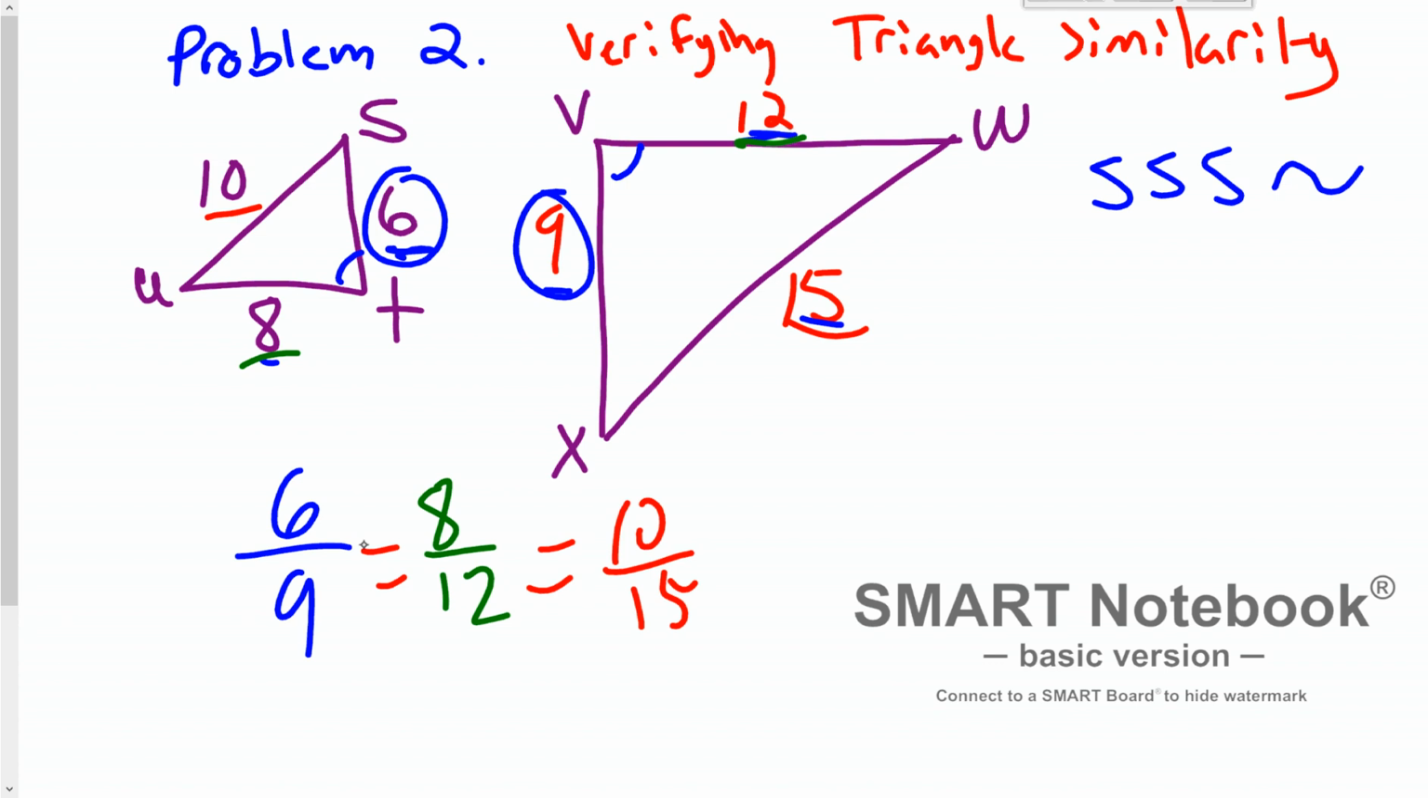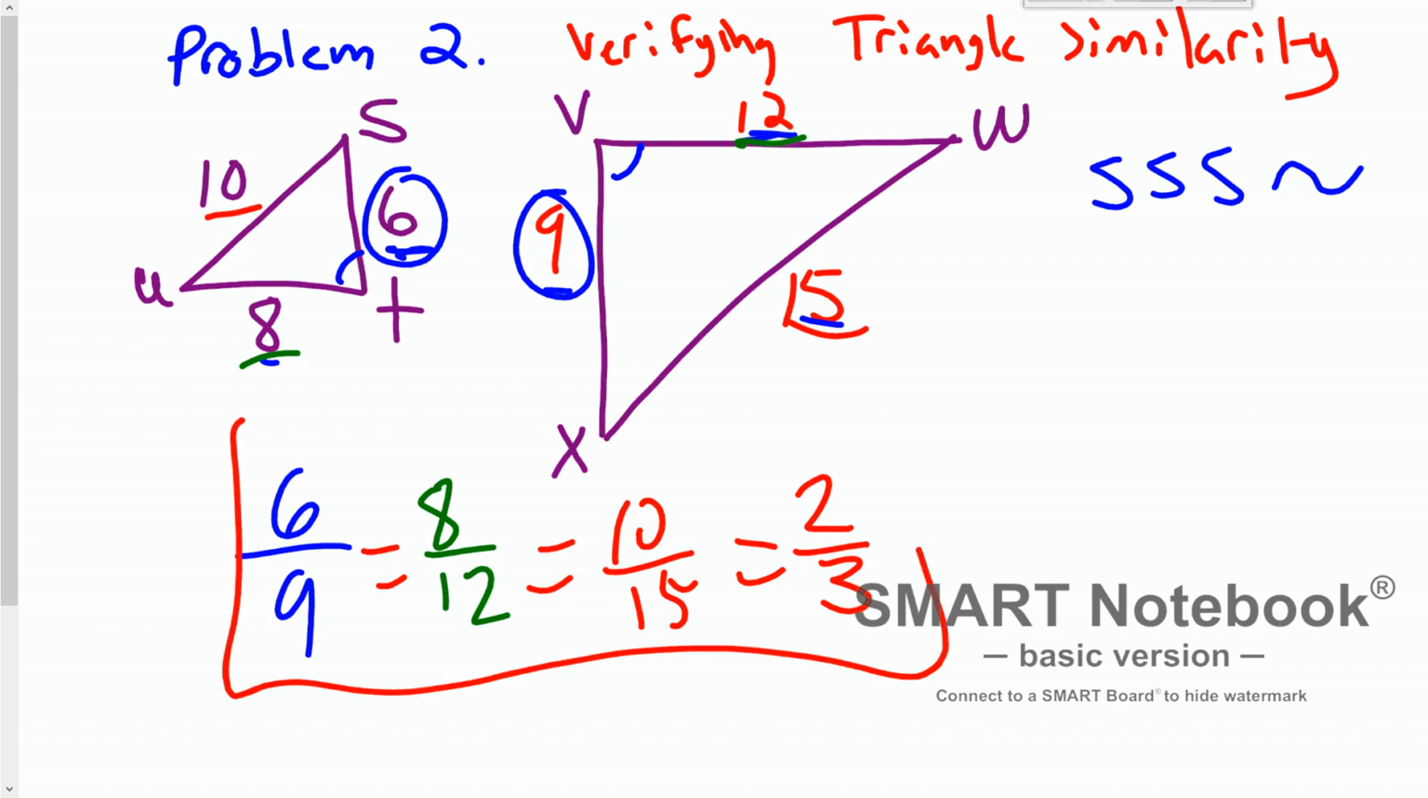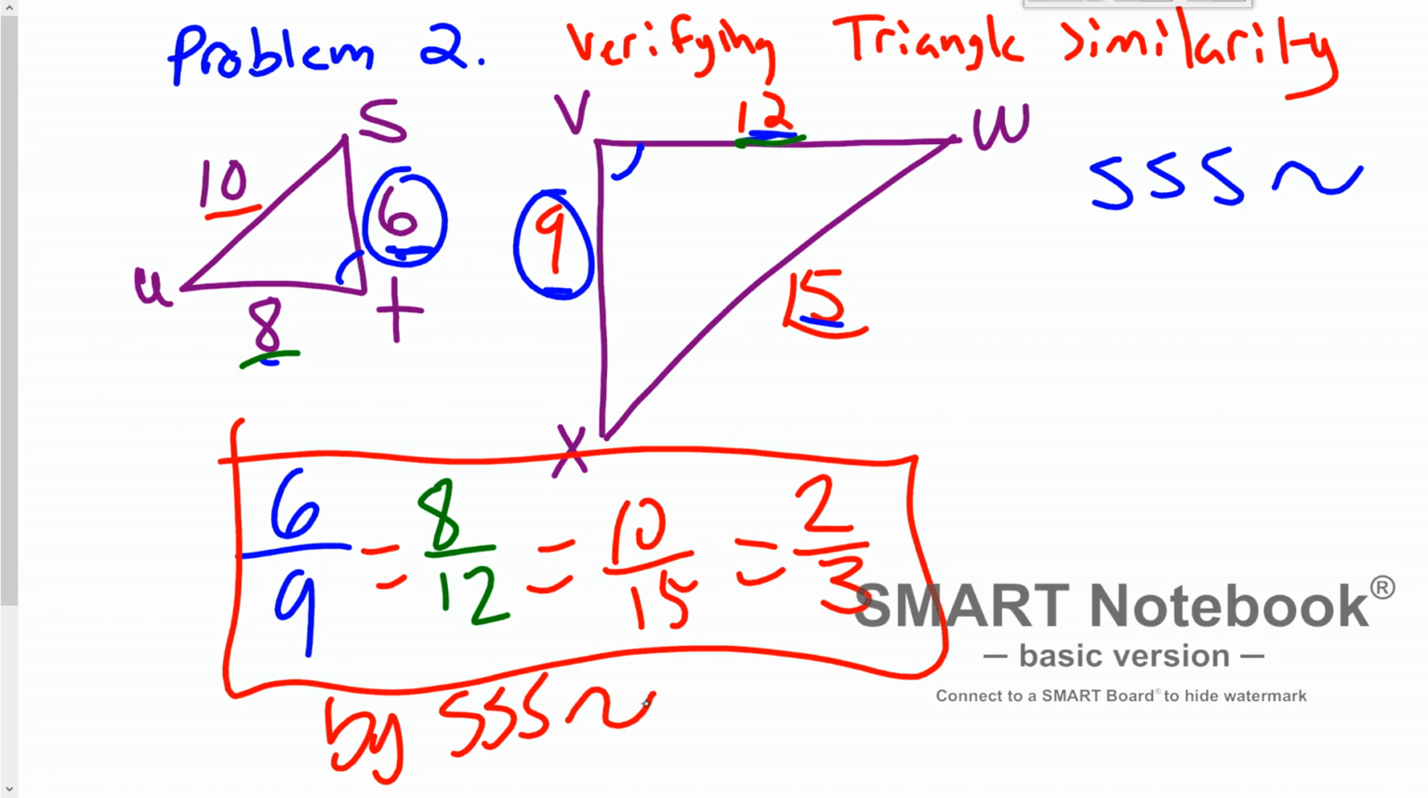And then I just get in my calculator and prove that these three actually reduce down to the same thing, which is 2/3. So they all have the scale factor of 2/3. So then basically my work is right here. That shows it, and then I can say, by side, side, side similarity,